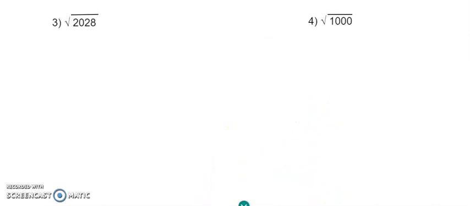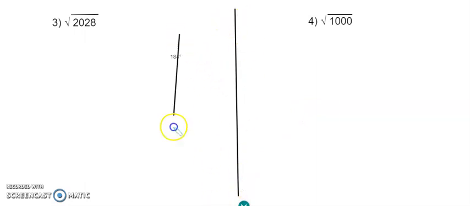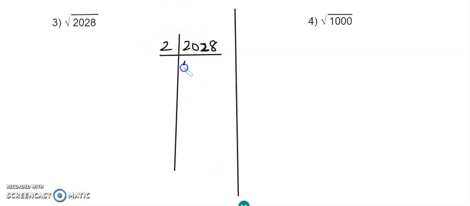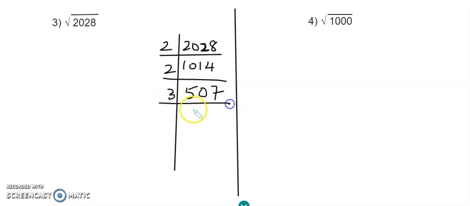Okay, let's take two more. So again, we'll take the prime factors of 2028, right? Let's start. 2s are 1014. Again 2s are 507. Then this 1 will not go. So 0, because I need to take 14. I can't directly do the 14. So 1 will not go. So 0. And then 7. Then let's say 3. 3 1s are 3. So 2 remains 2, 0, 20. So 6 6s are 18. So 2 remains, so 9. Okay, so 169 is 13 times 13.